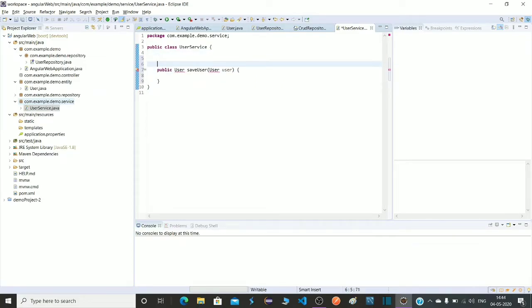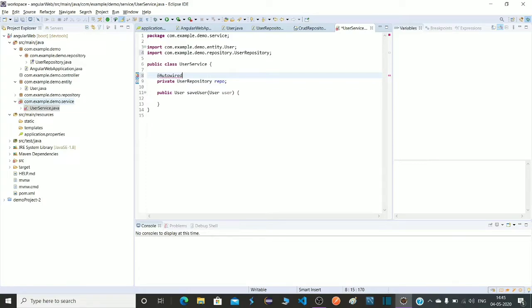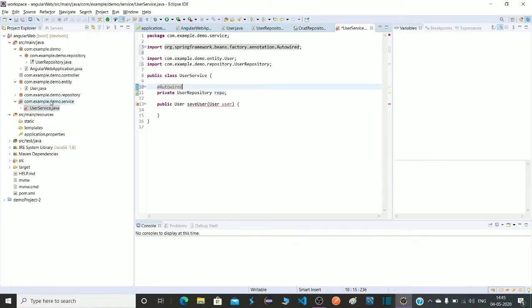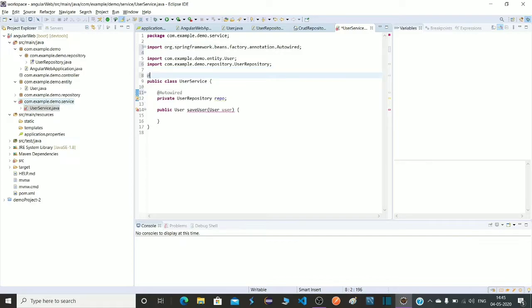To save it, first we have to create an instance of the user repository. For that, UserRepository repo. Let's import it. Press Ctrl Shift O. And here, this is our service class, so the annotation is @Service.